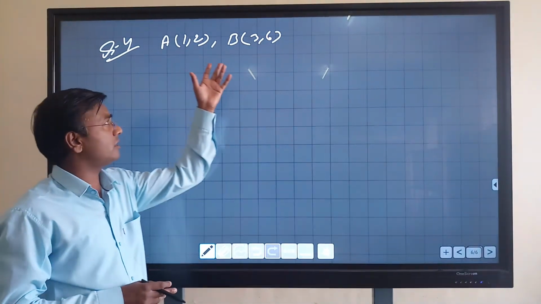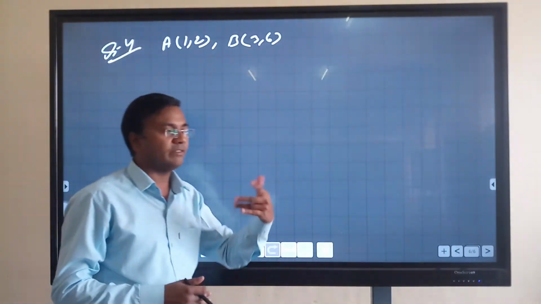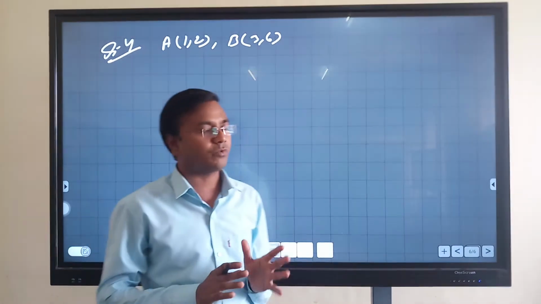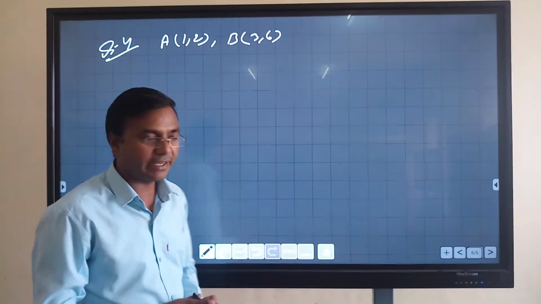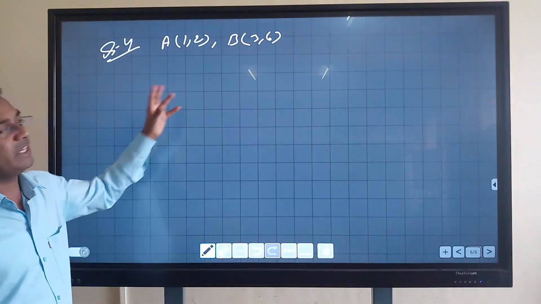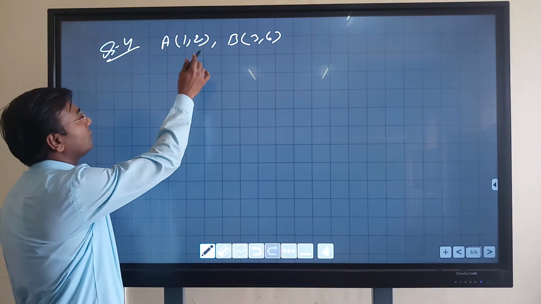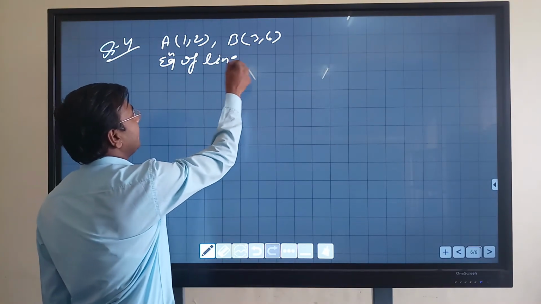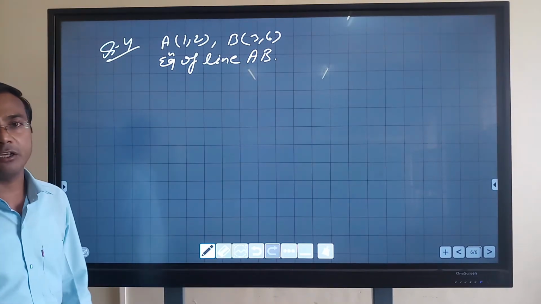So we know that it is the 2-point form, as we studied in class 11th, that if 2 points are given, how to find the equation of the line. But here we are restricted to use what? Properties of determinants and the formula of the area of triangle, right? So with the help of the area of triangle, we will be finding the equation of line AB. And we wish to apply the area of triangle.